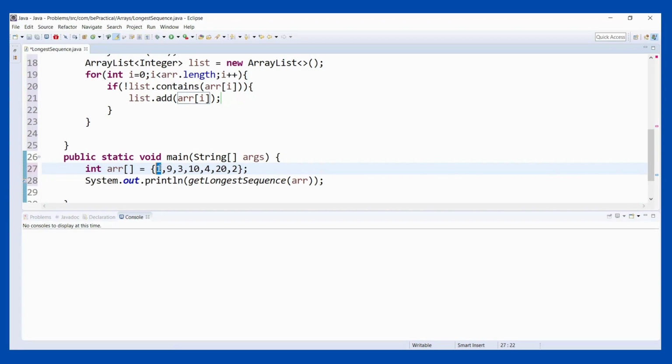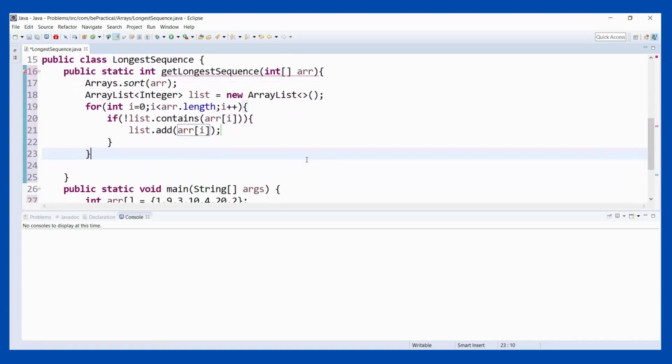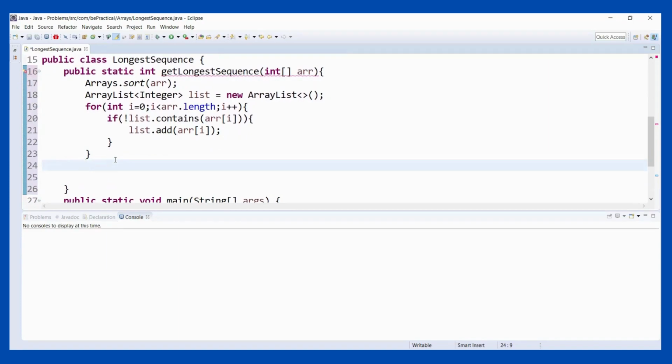I have to check the element is equals to the I minus 1 plus 1. What is the meaning of that? Let me first write the code, then we will see it manually. Here, what I'm trying to do is, let's say, I'm going to use